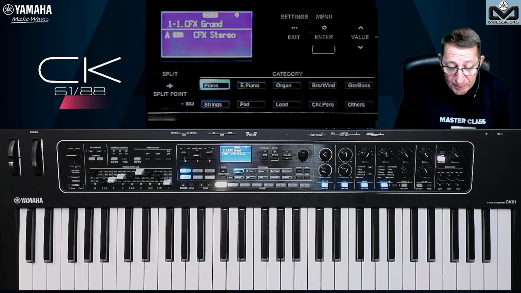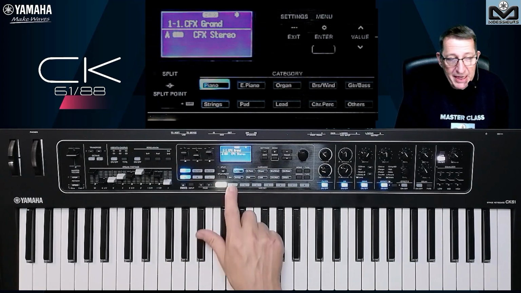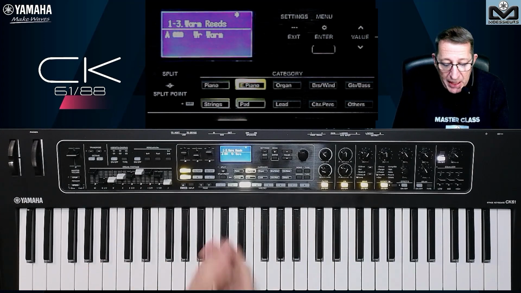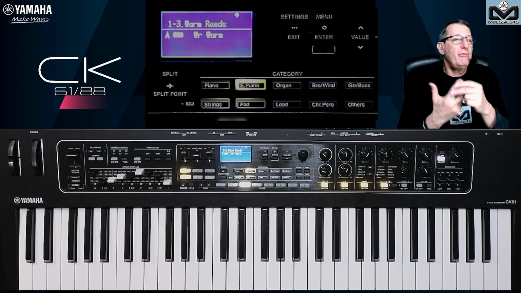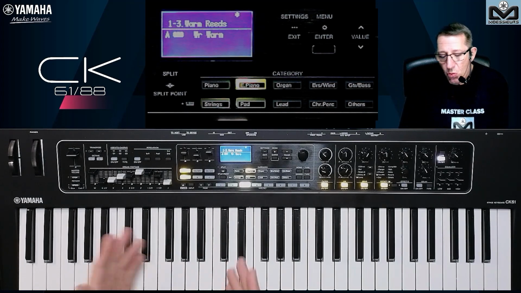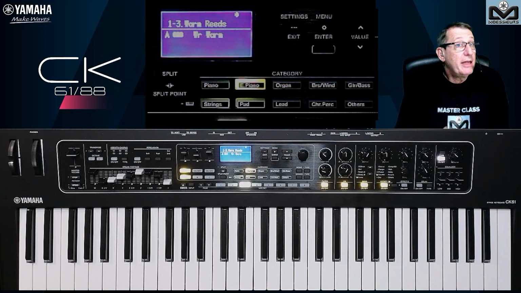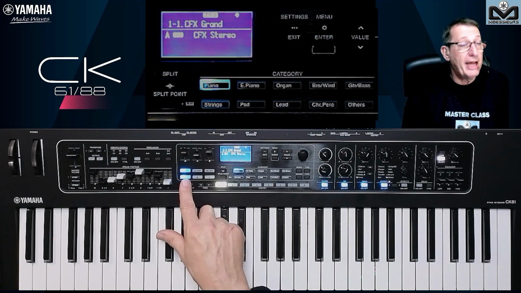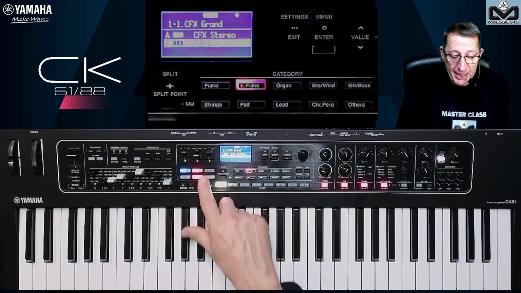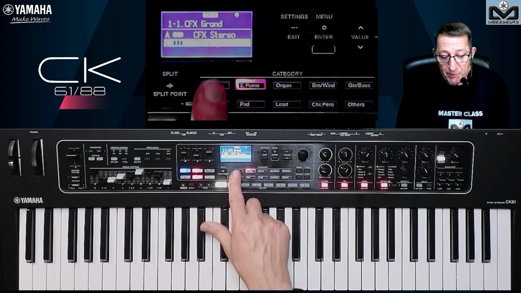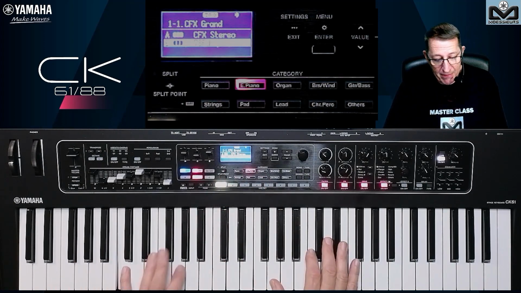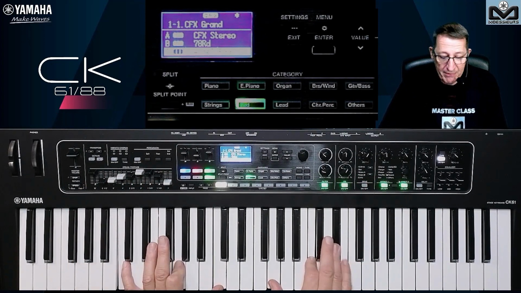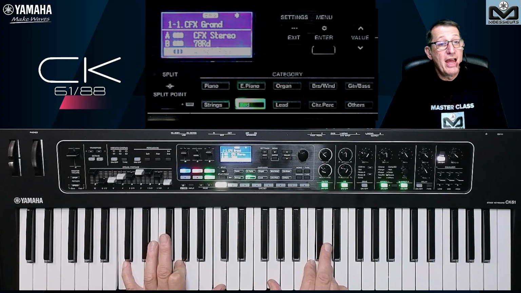My first advice, when you go to the store for the first time or when you receive your CK at home, is this. Perhaps you will navigate and say, okay, there are good sounds here, but there is only one part. And Joel, you say we have 3, we can have 3 parts. So why do lots of them have only one? There is not only one. You just need to activate them. Here, there is one. Activate the part A. If I want to activate the part B, I just press here. And now I have the part B with the part A. And I want to activate the part C. And I have the 3 together.